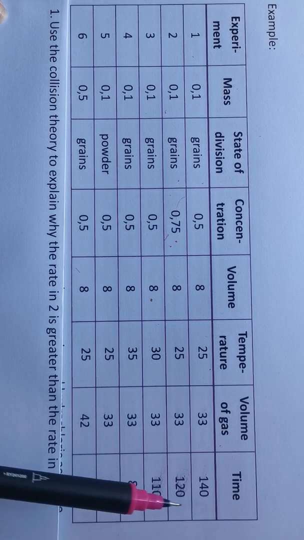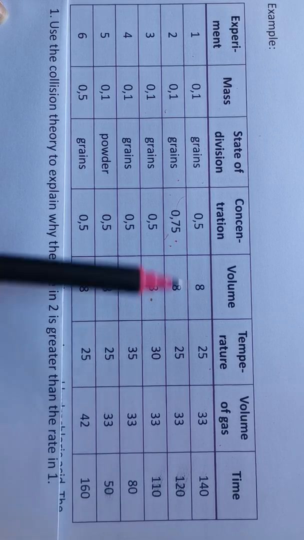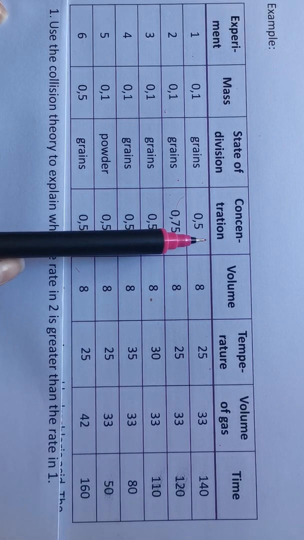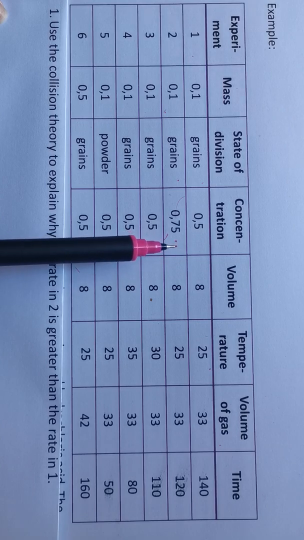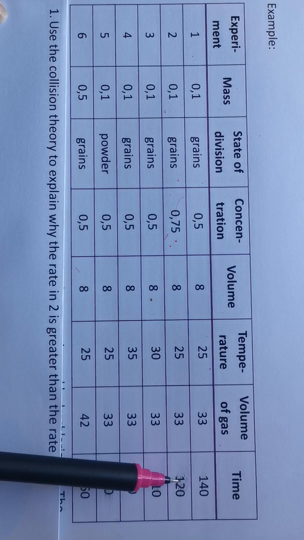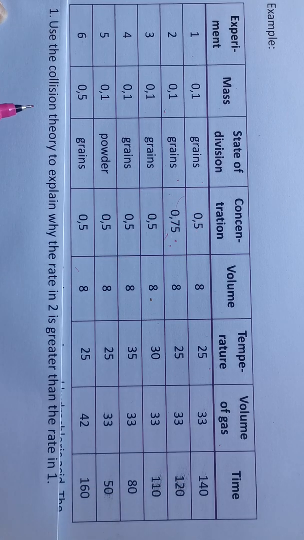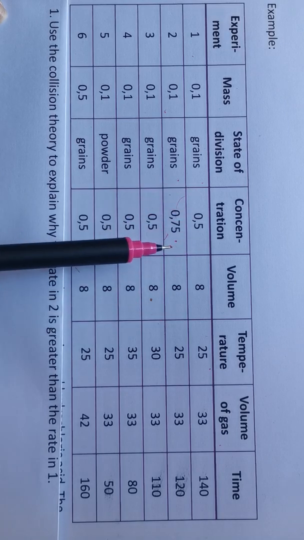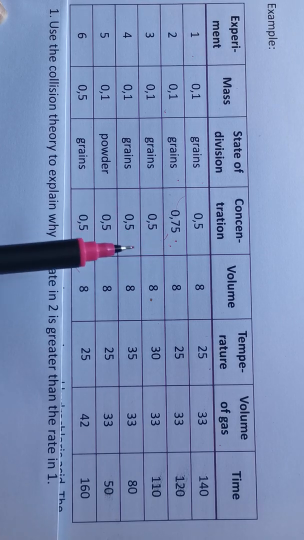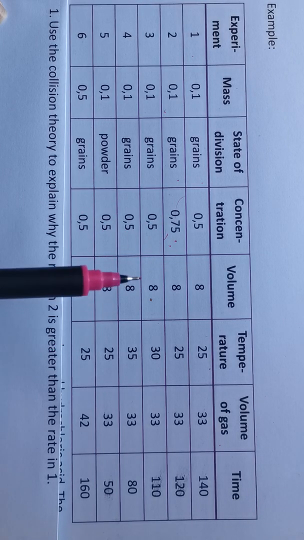If I'm going to explain this, I'm going to look at the factor that was changed, which we've already identified as the concentration. I can see that if I have a concentration of 0.75, then I get a faster rate of reaction than I do if I use a concentration of 0.5. So to answer the question, the concentration in experiment 2 was increased, and that led to greater particles being available for effective collision, hence greater